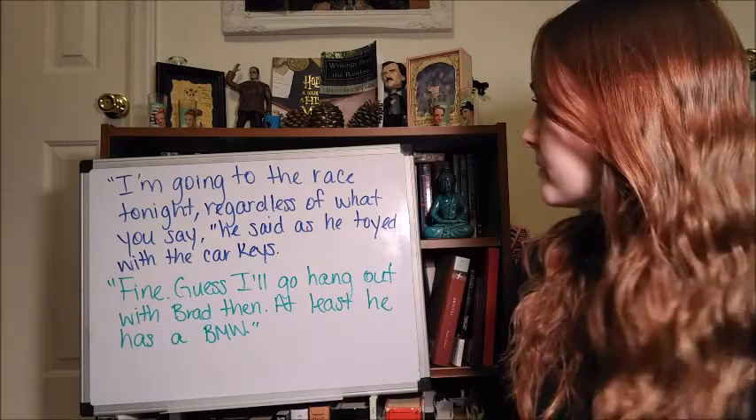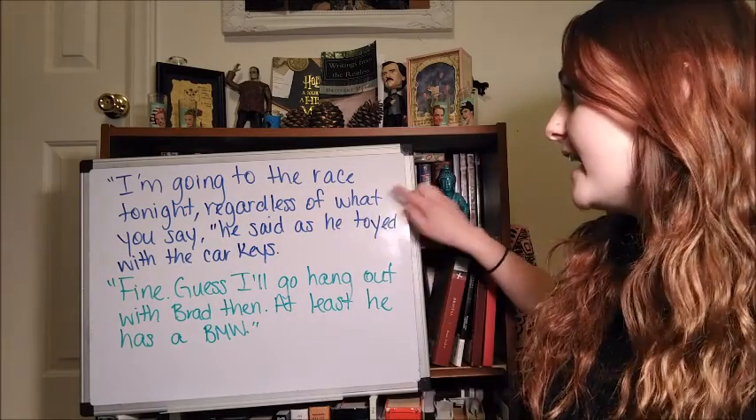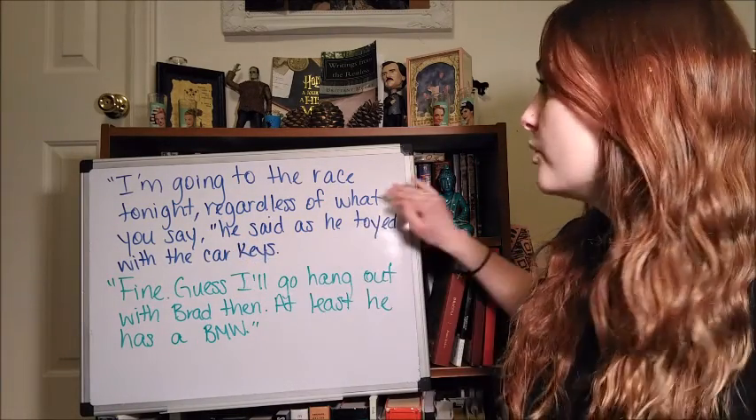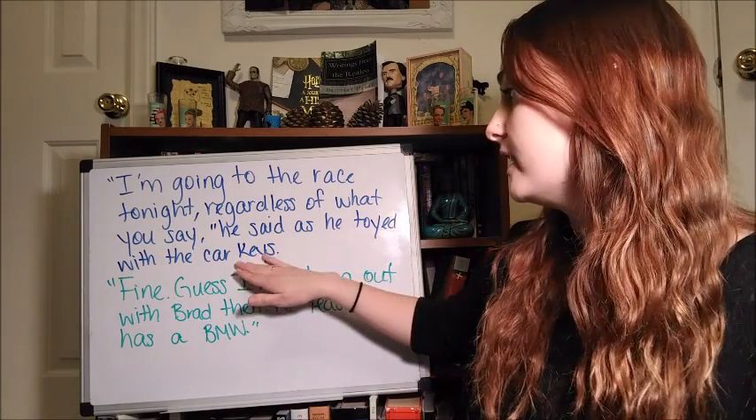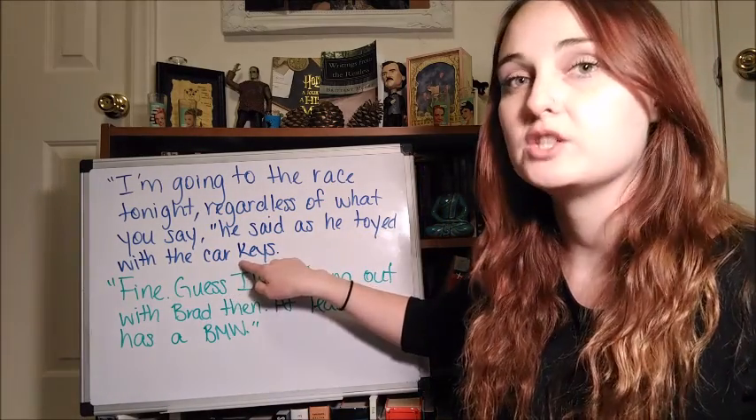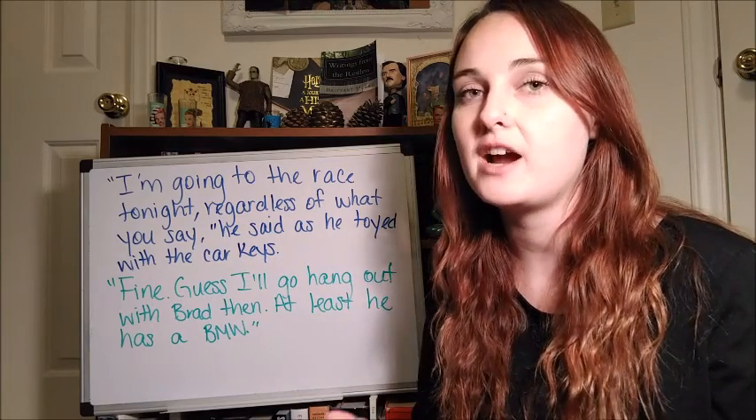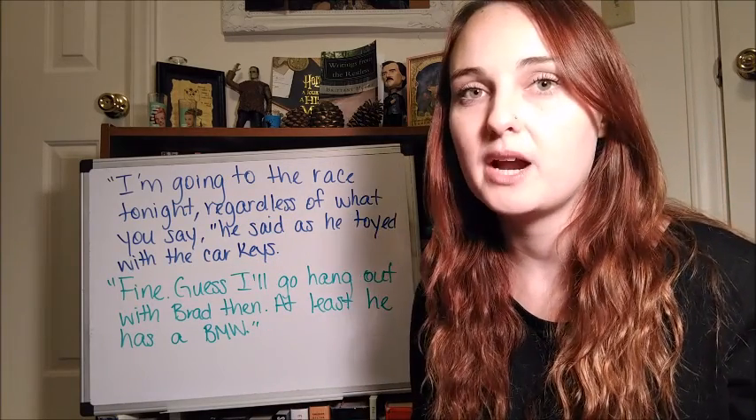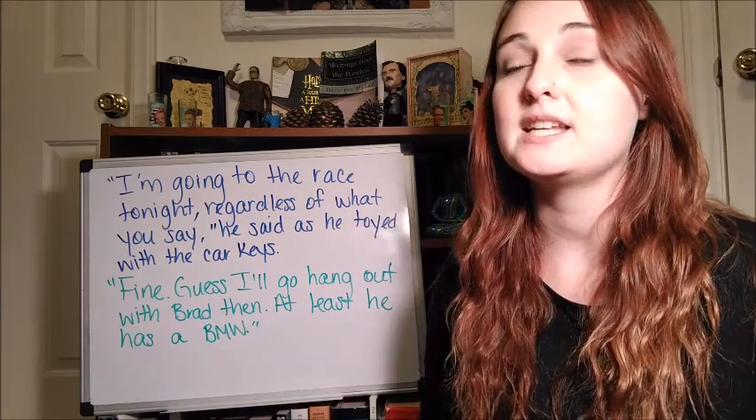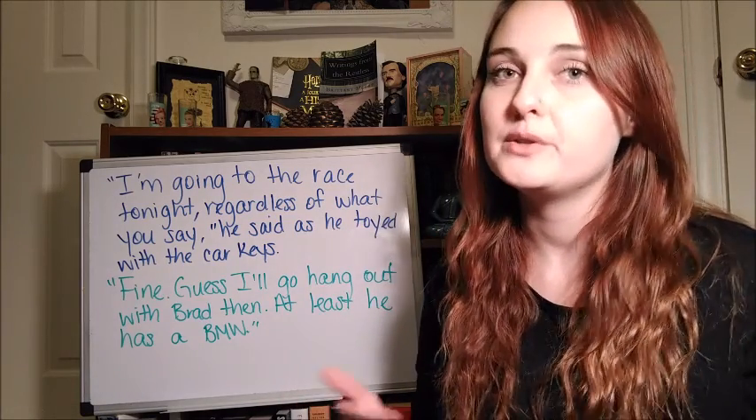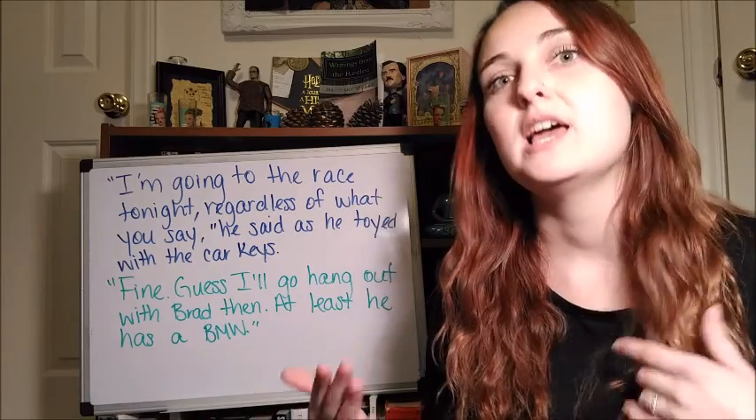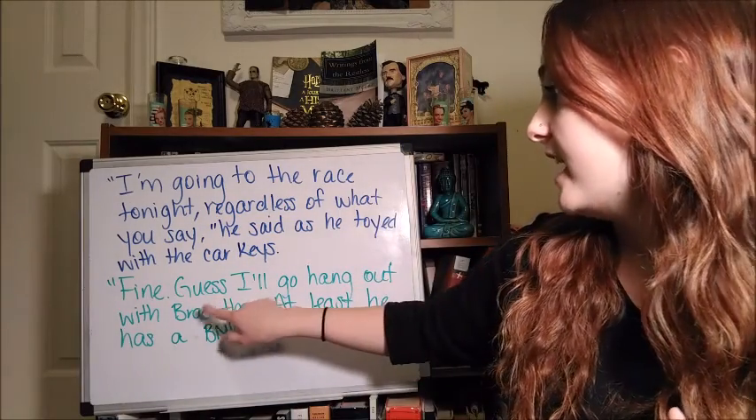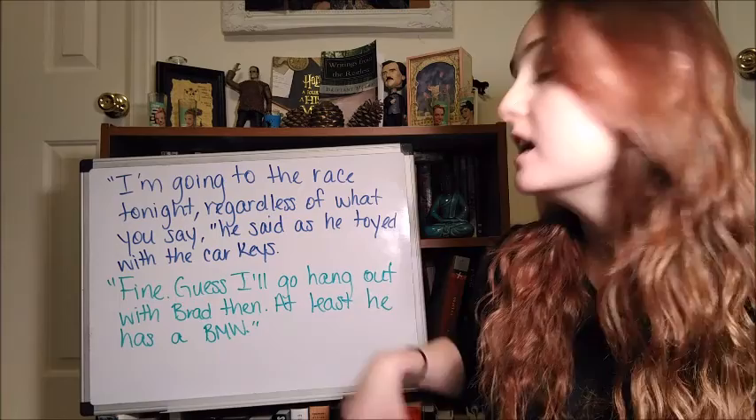So as you can tell, the guy, obviously because of the "he," is going to a race and he has car keys in his hand. When we're using the car keys, we're playing off the context of the situation. We're giving a little bit about the environment. He's obviously somewhere and at some point he got keys in his hand, and he's talking about a race. If you put two and two together, you assume he's probably going to a race that has something to do with cars. And then because she says, "Fine, guess I'll just go hang out with Brad," she's being